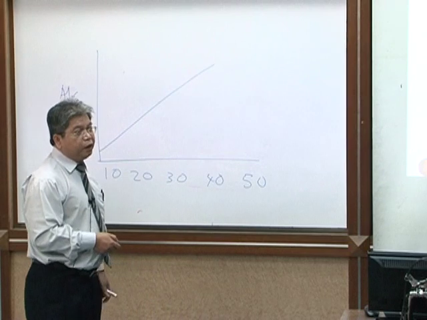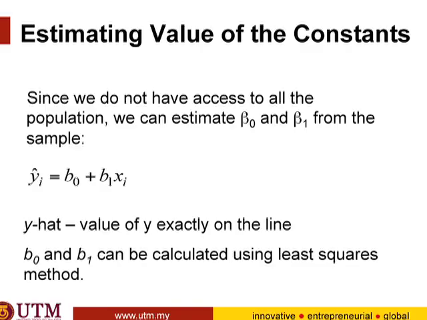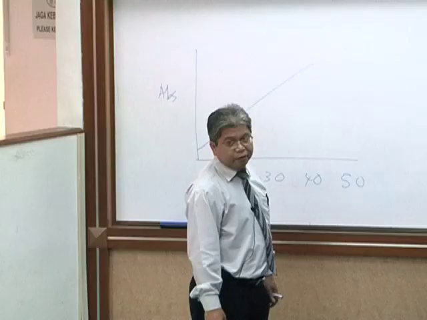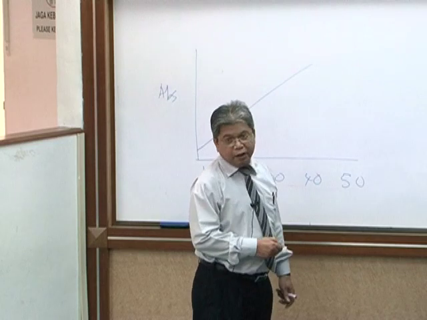You see the change here? Instead of using beta 0, where beta 0 is the true intercept and beta 1 the true gradient, we use B0 as an estimate of beta 0, and B1 as an estimate of beta 1. So we get this from the sample,